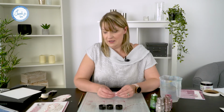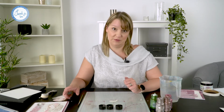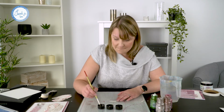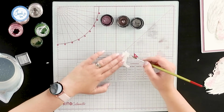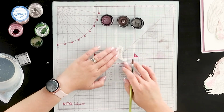Now, obviously, this is a piece that's going to come in later, but while we've got the paint out, we might as well just get this feather done. And again, ever so quick this. All we're doing is a bit of the diamond and I'm working from the centre out, okay? It's so tiny, I'm struggling to pick it up. So we're just working from the centre out,